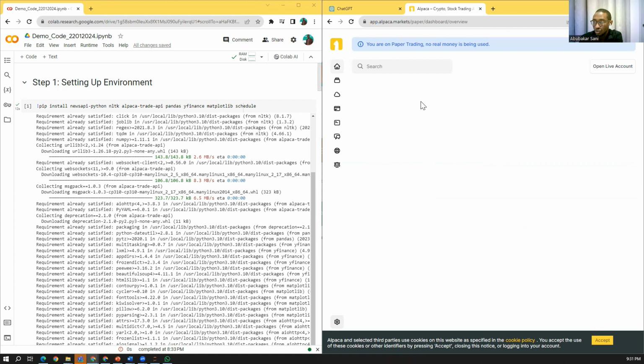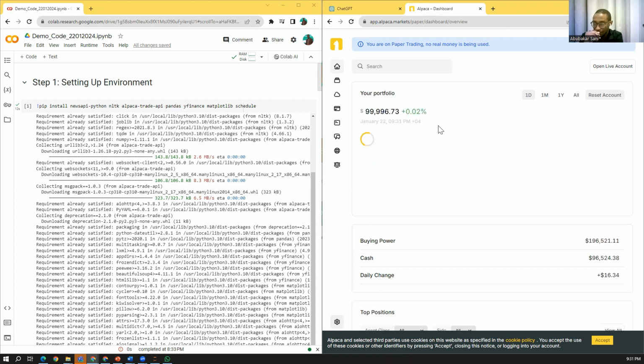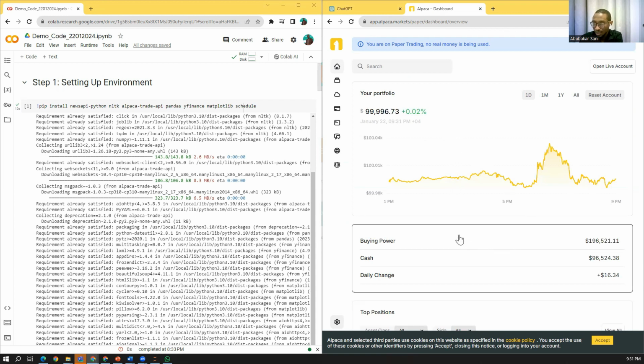Crypto, stock, forex, you can buy, invest, or trade. These are all the trades we made so far during the workshops, and we were able to make good money here.